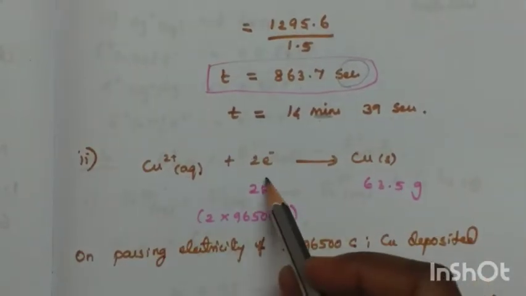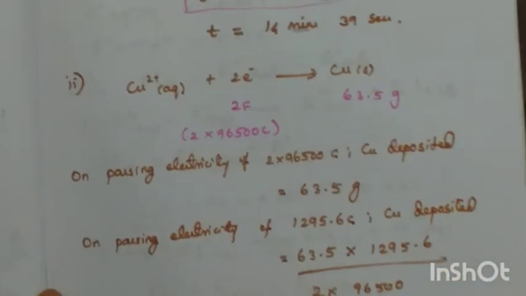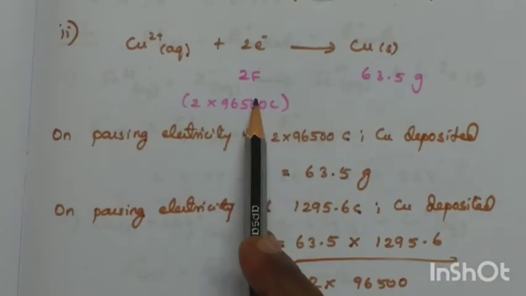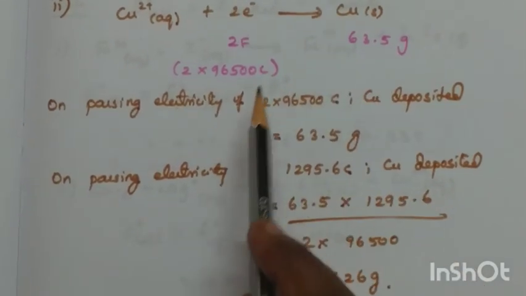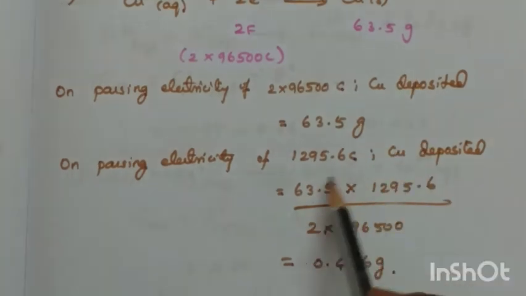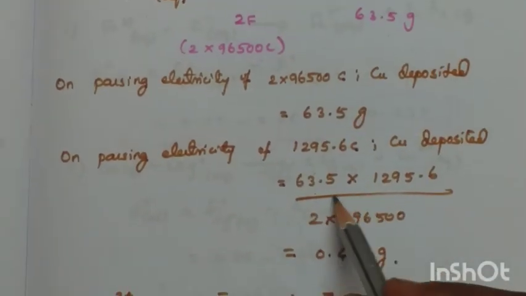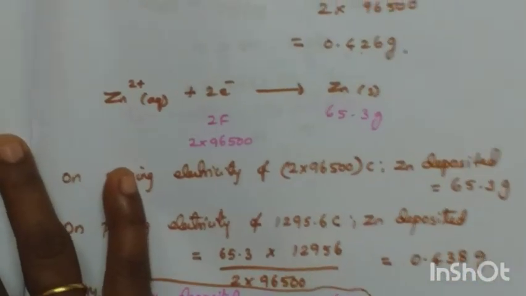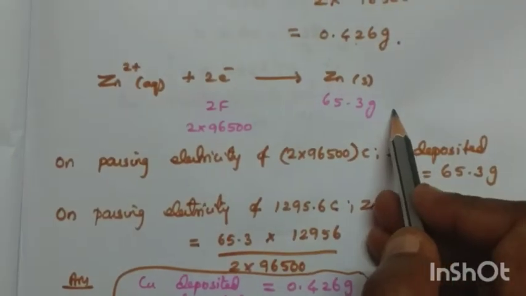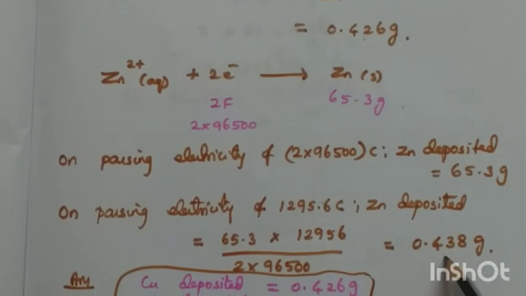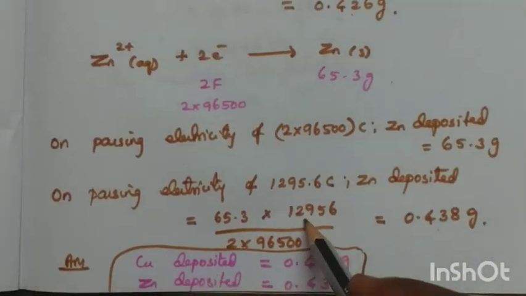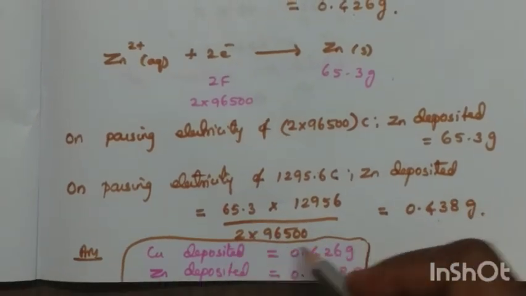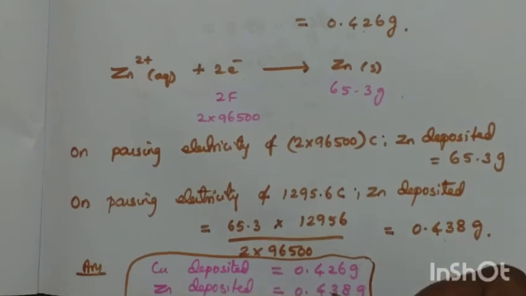Second, copper, Cu2 plus. There are 3 electrodes, no? So Cu2 plus converts to Cu, 2 Faraday, this much amount. That means this coulomb has a tendency to produce this, which is this into this by this. Third one is zinc: Zn2 plus, 2 Faraday produces this amount of coulombs equal to X. So X is the copper deposited, equal to this, and the zinc deposited is equal to this.